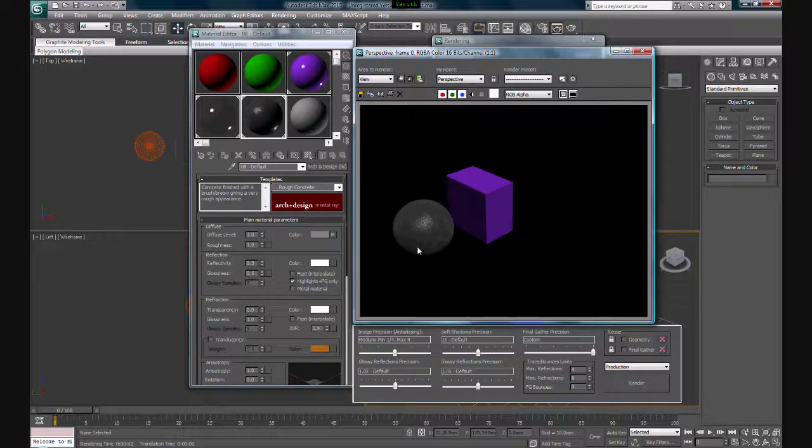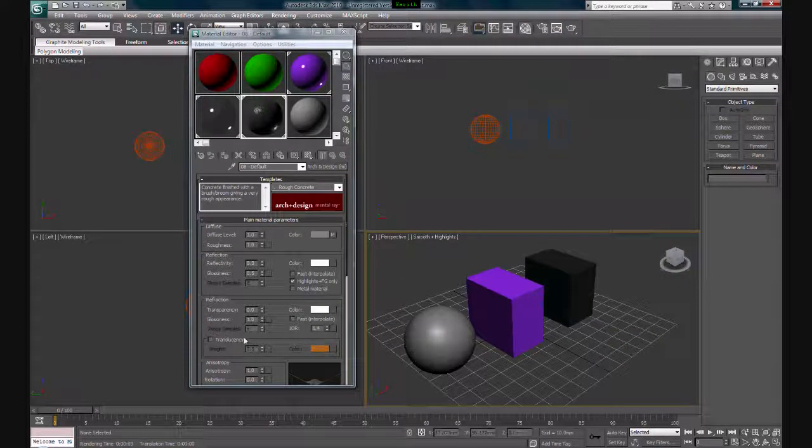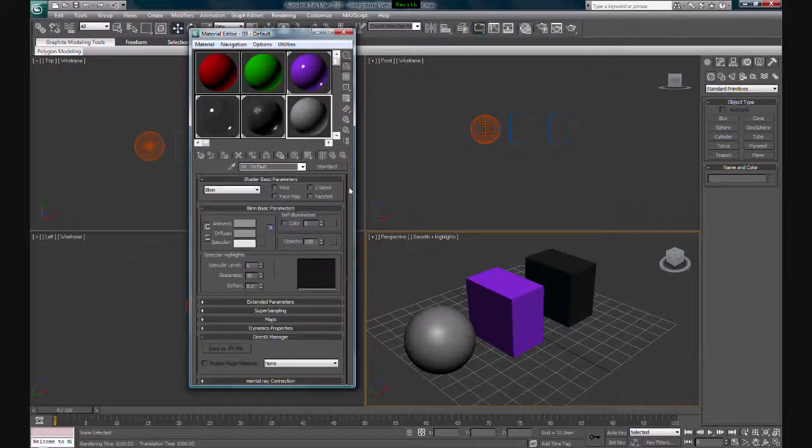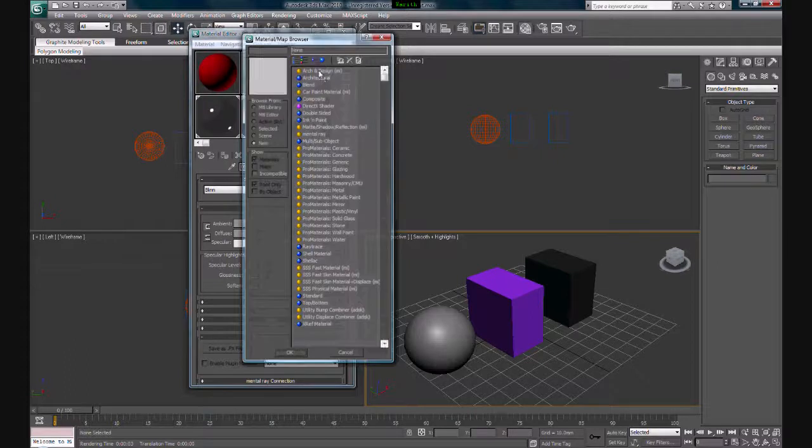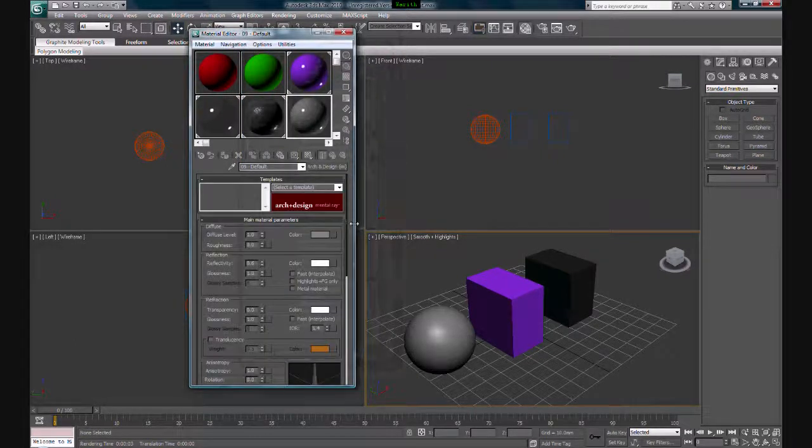You see now the sphere is in a concrete material. So you can close that. And say that if you have your own material, let's say you have your own JPEG file or any other picture file that you want to apply on an object, you can use that by, of course, always changing to Arch and Design. And yeah, okay, instead of choosing a template, or maybe let's say if you want to create a tiling